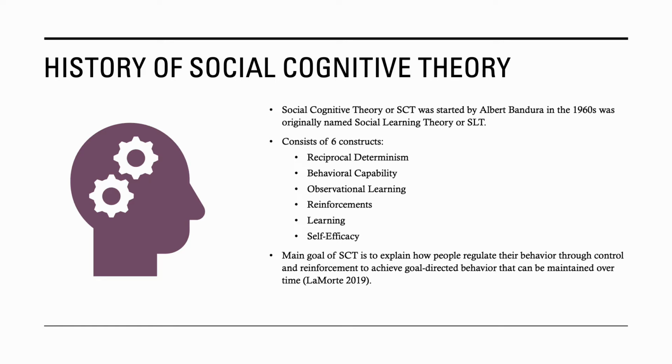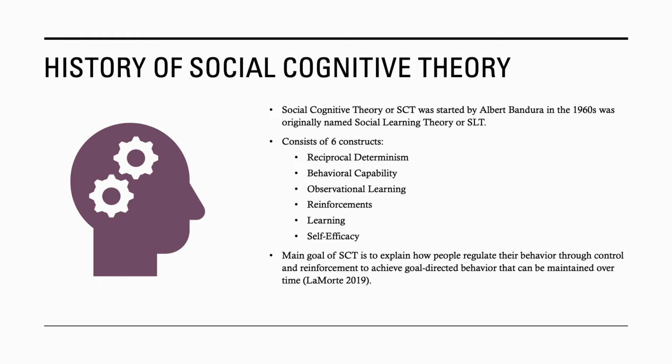When first created, it had 5 constructs. These 5 constructs were reciprocal determinism, behavioral capability, observational learning, reinforcement, and expectations. And once social learning theory transformed to social cognitive theory, the 6th construct was added, and that 6th construct is